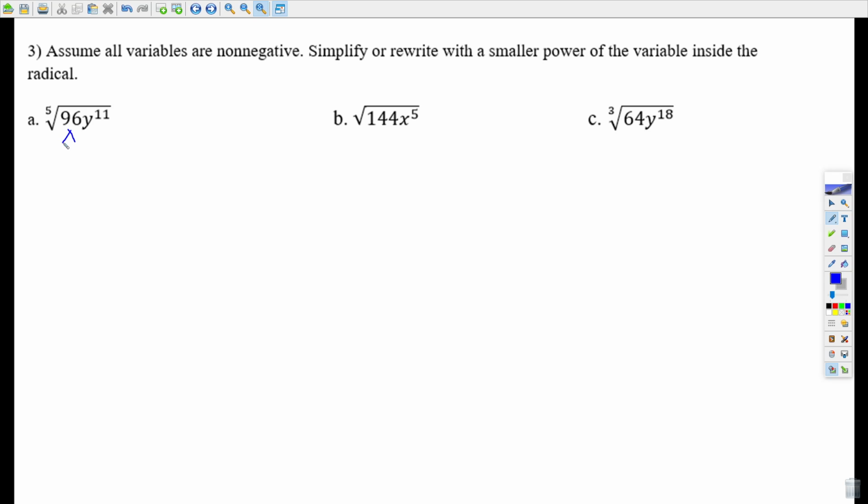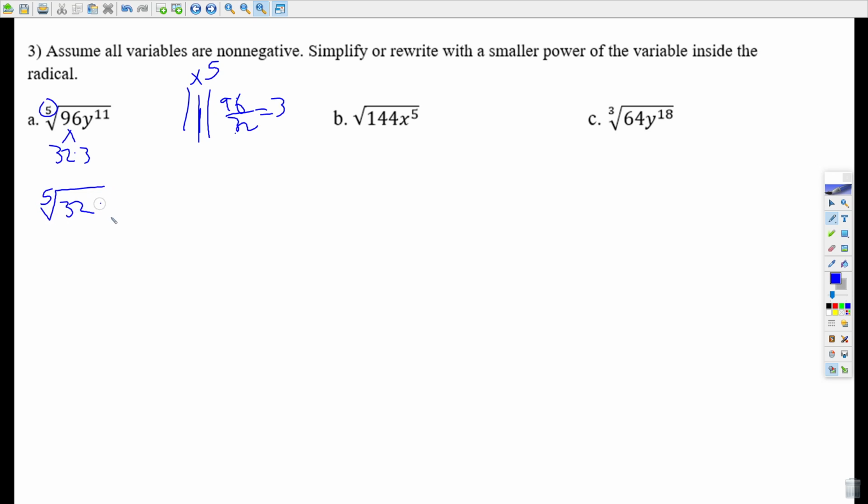So you have 96. That's not a nice perfect 5th root. You would have to go down your 5th root column, right, on your table and see what would work. Let's see. We have 1. Obviously, it's not going to work. Then we have like 2 to the 5th, which is 32. Does that work? 96 divided by 32? That does work. So we did 96 divided by 32. You get 3. Okay, so we want to break this into 32 times 3. So we're trying to find perfect 5th roots. So we would have the 5th root